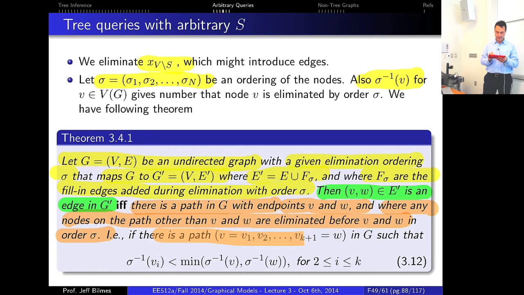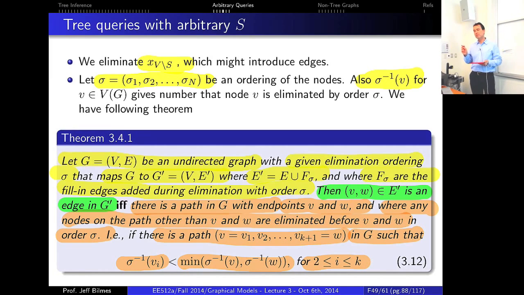We've got some path from V to W in G such that for all of the intermediary vertices on the path, the number of each of those vertices is less than the minimum of the numbers of the two vertices at the extreme ends of the path, which basically means that all of the intermediary vertices on the path have to be eliminated before, since the numbering gives us the ordering. Okay, so that's